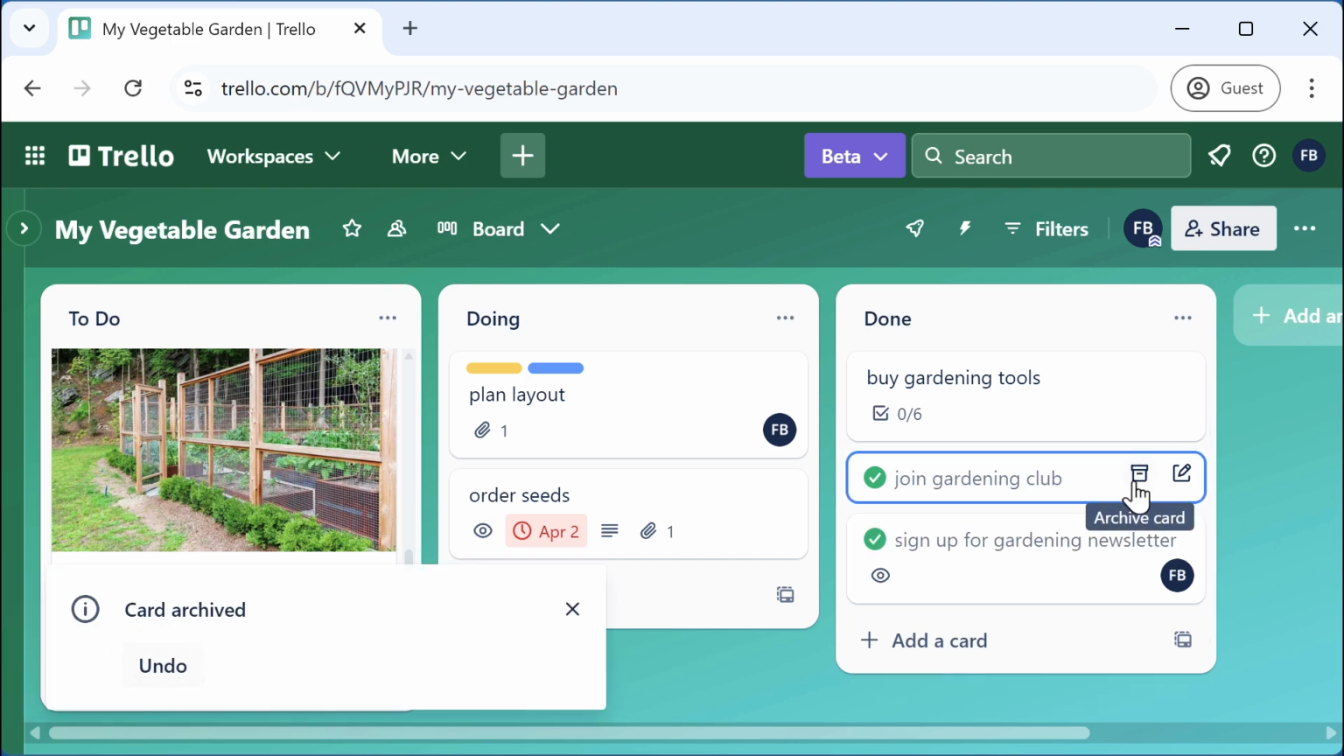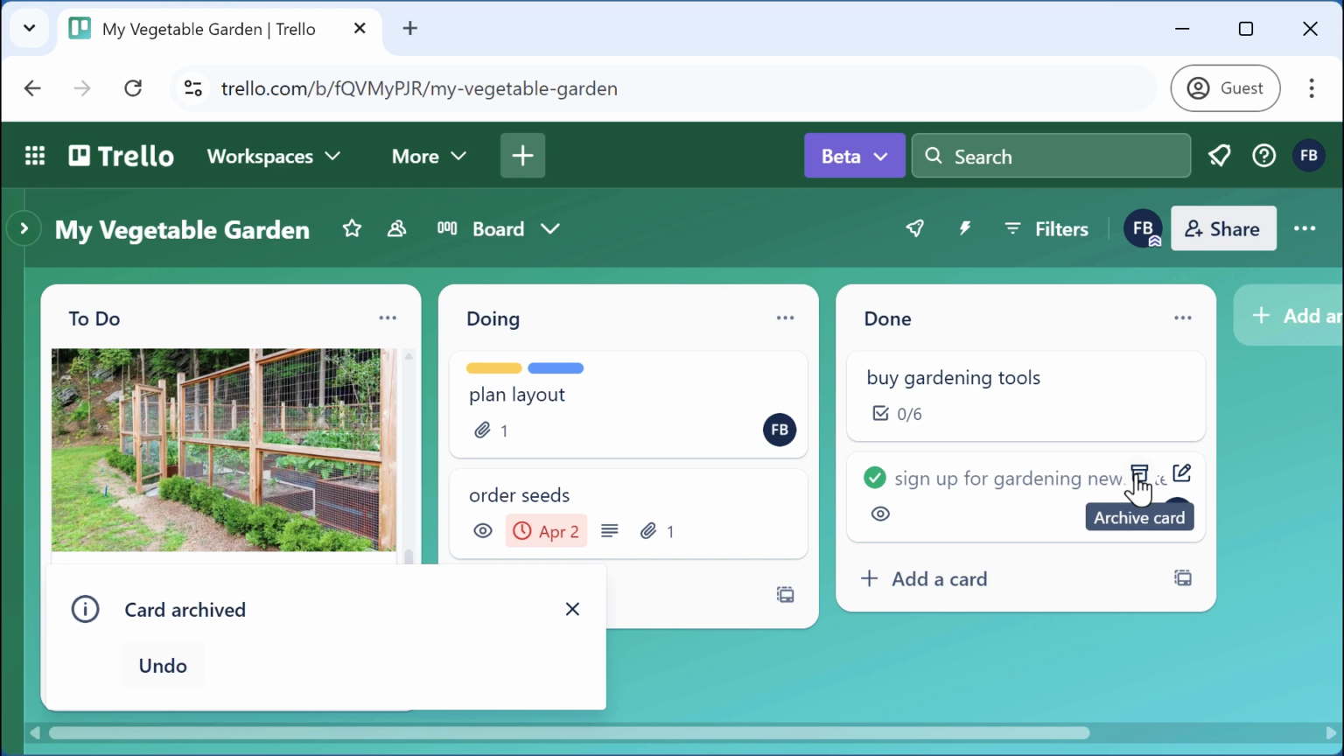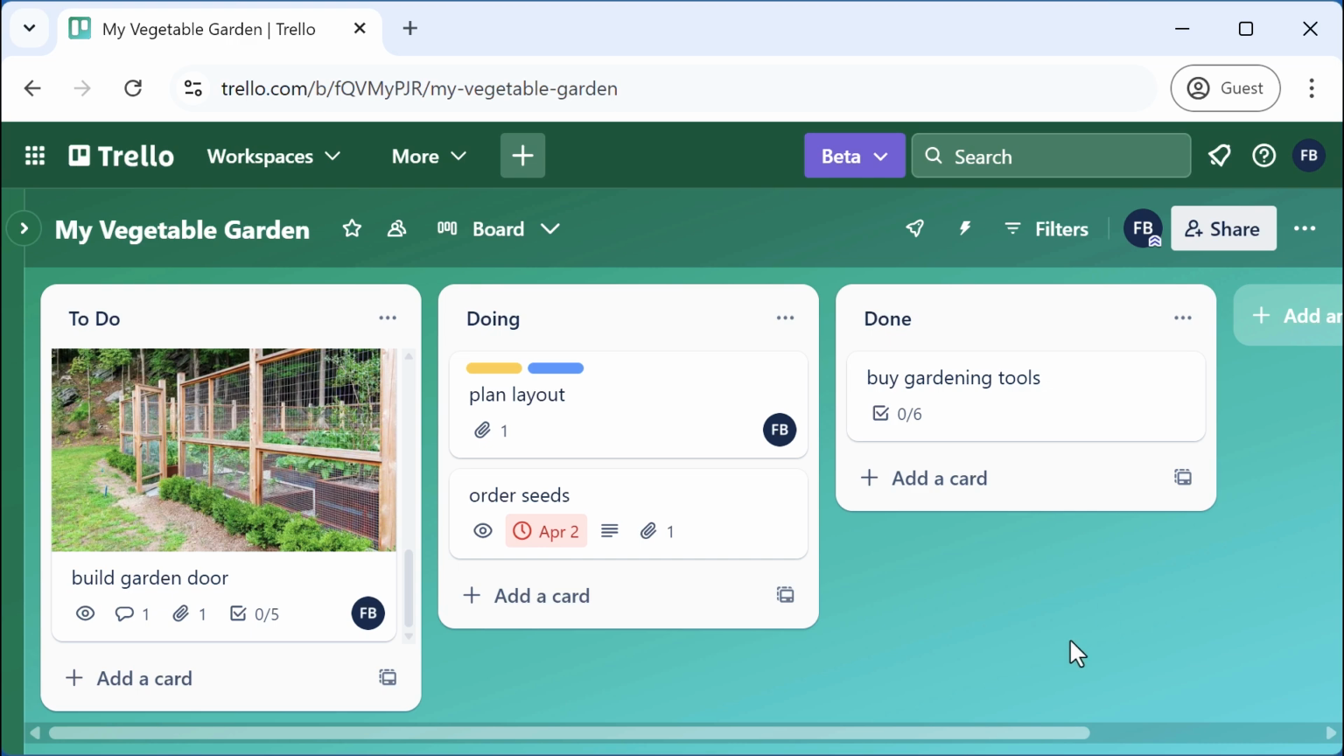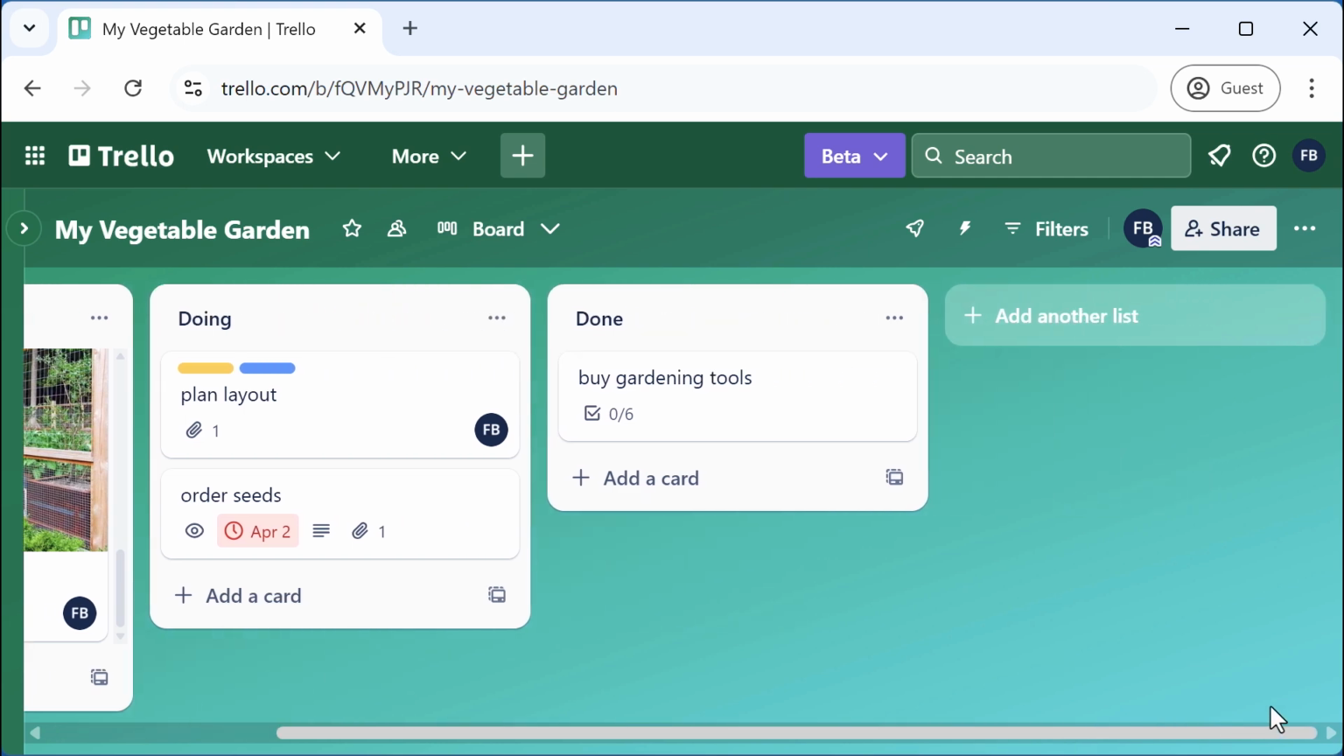Simply click Archive. If I archive all of these cards that are marked as done, I've now removed some clutter from my board, making it cleaner and easier to deal with because I'm no longer seeing things that don't need any actions. If I've made a mistake and want to retrieve one of those archived cards, click on the three